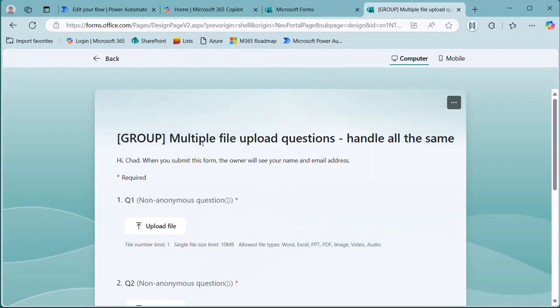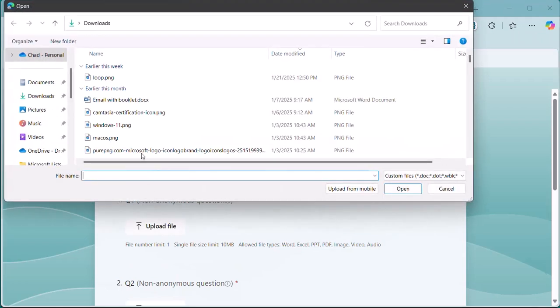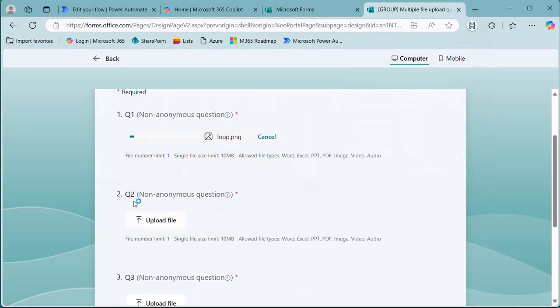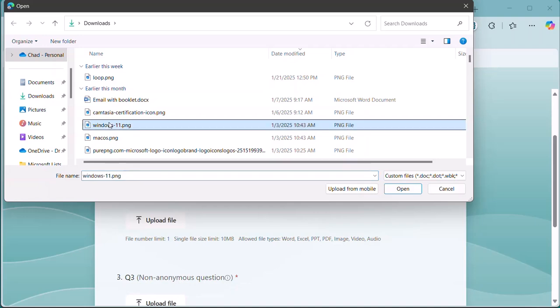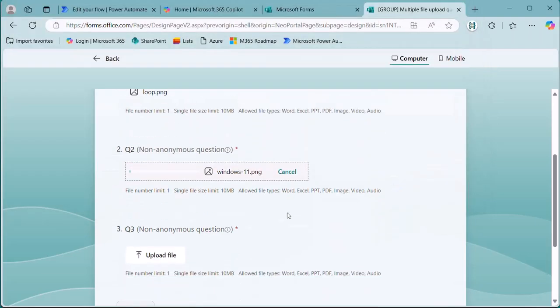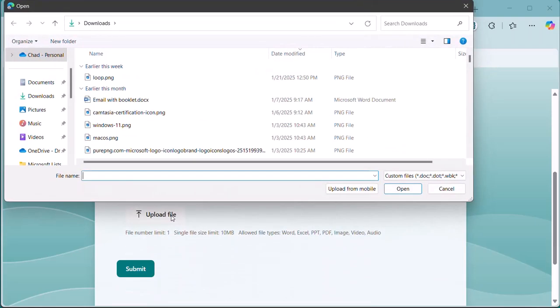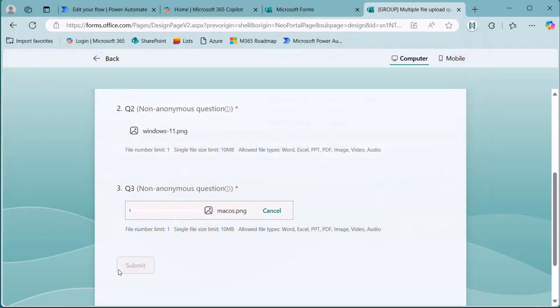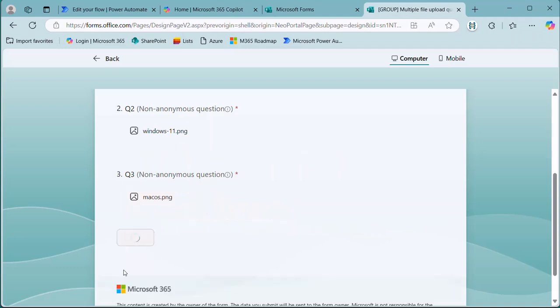And I'll just preview this and I will attach some files. So I'll upload this image and that one, and I'll just do 3 images here. Doesn't matter, it could be any type of file, but I'm just grabbing images because those are what I have. And then when I submit this,